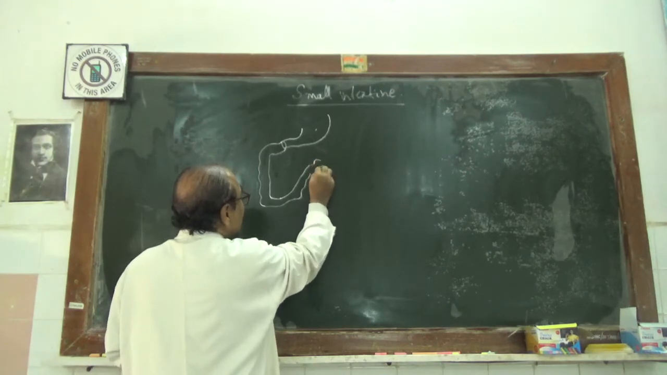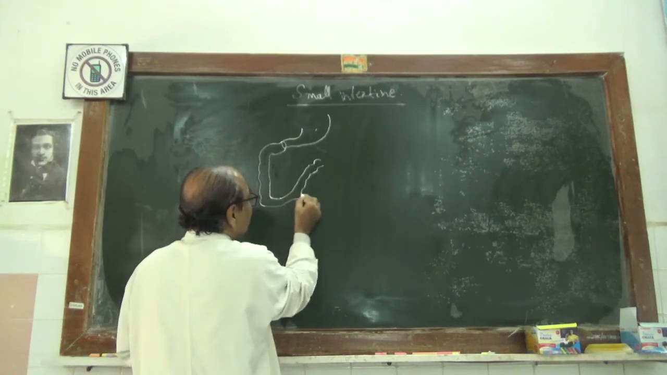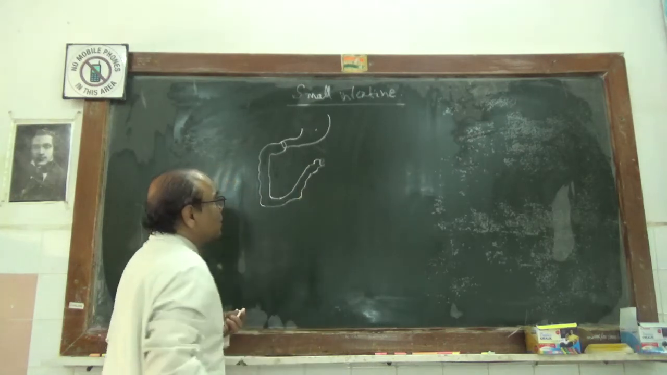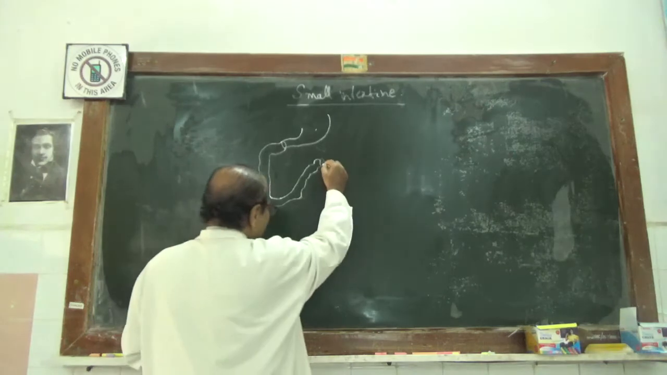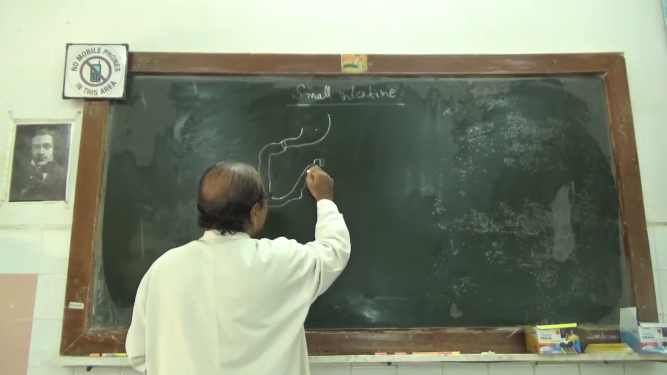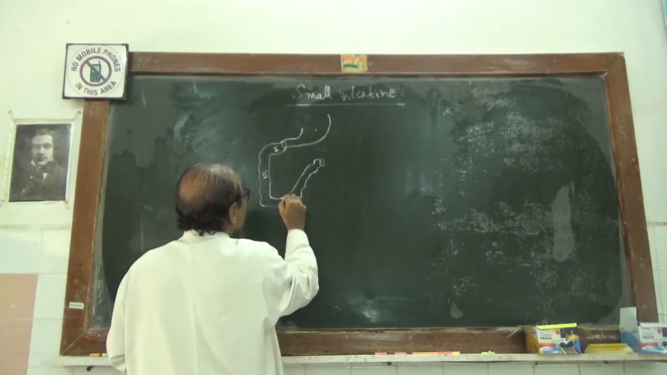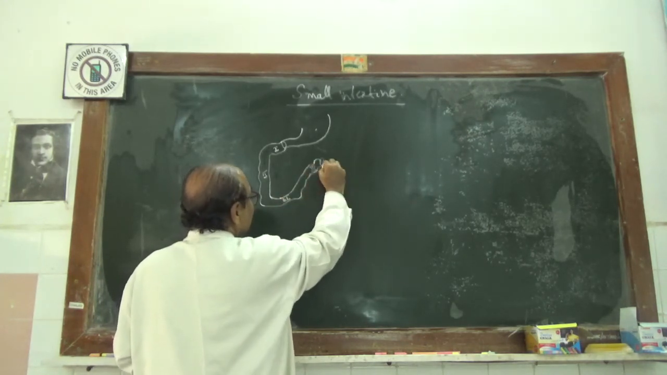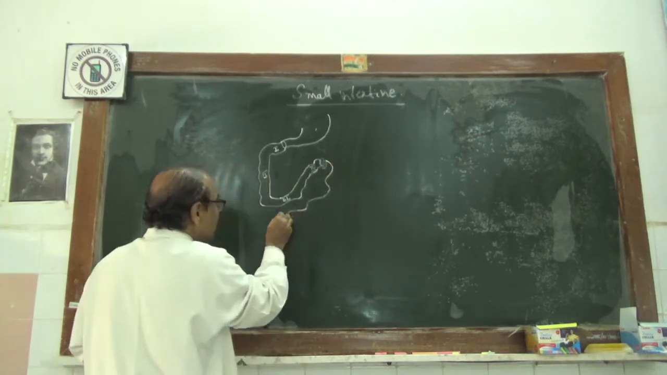Then it will run transversely from right to left, becoming the transverse part of the duodenum. Then it will run upwards and towards the left to become the fourth part, which is called the ascending part. This is the first part. This is the second part. This is the third part. This is the fourth part of the duodenum, from where the remainder of the small intestine, I mean to say the jejunum,